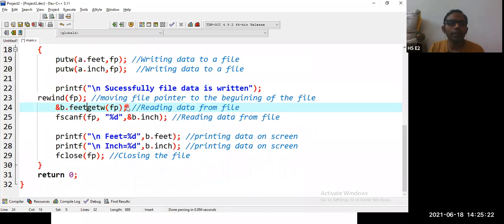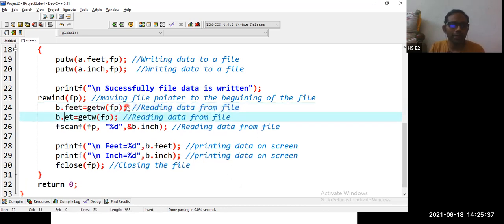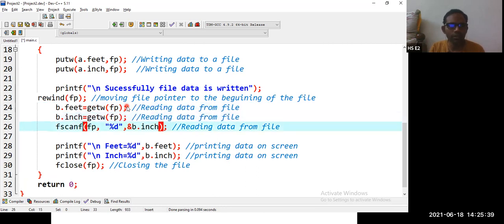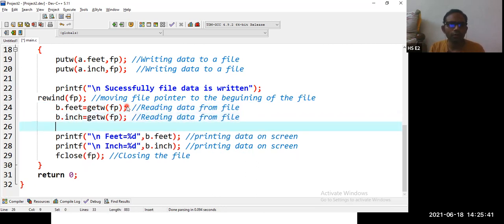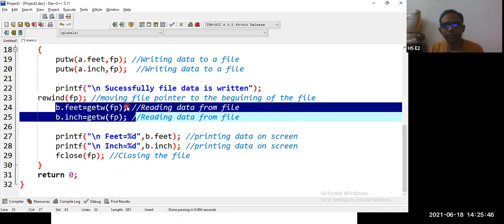So b.feet is equal to getw(fp). This is how you're going to read. Similarly, we can copy the line, then we can write b.inch equal to getw(fp). So this is how you are going to read the data from the file.